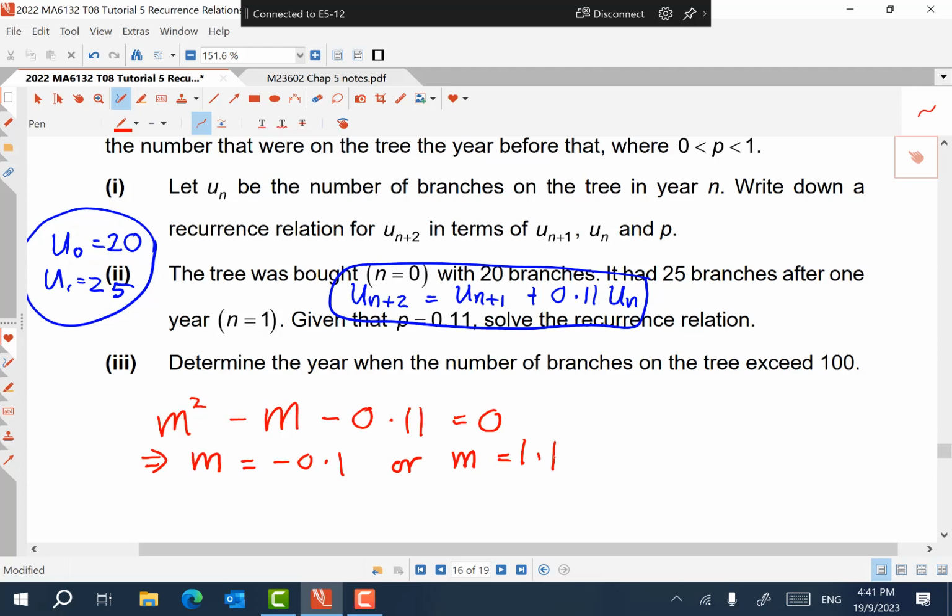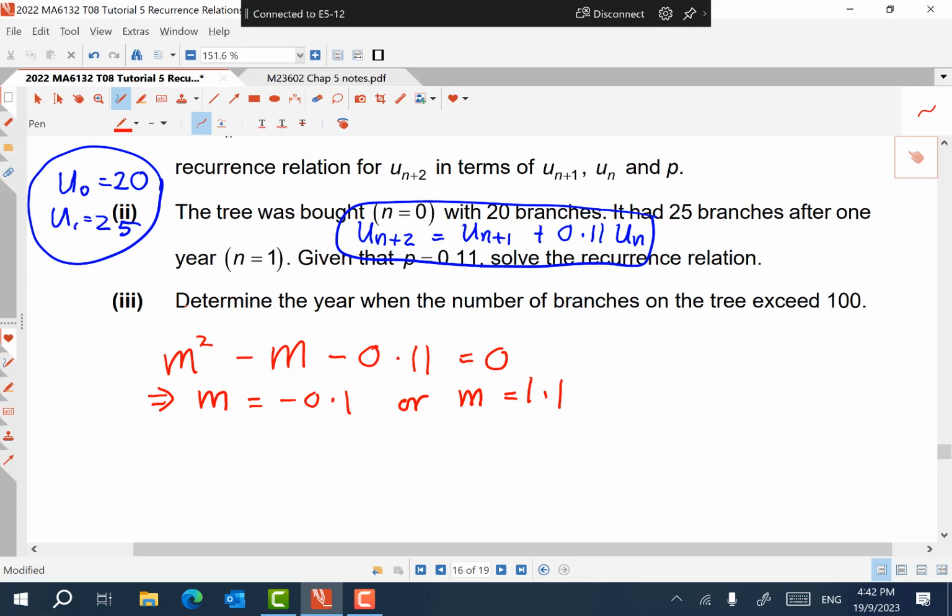You just go to the back of chapter 5 and see all the reasonings, the calculation to show you why case 1, 2, and 3 are all there. So, armed with the belief, you can then say that the solution for this question is U(n) is equal to A